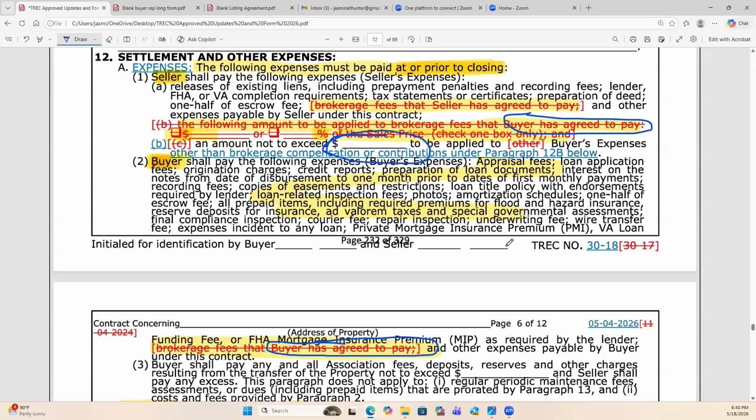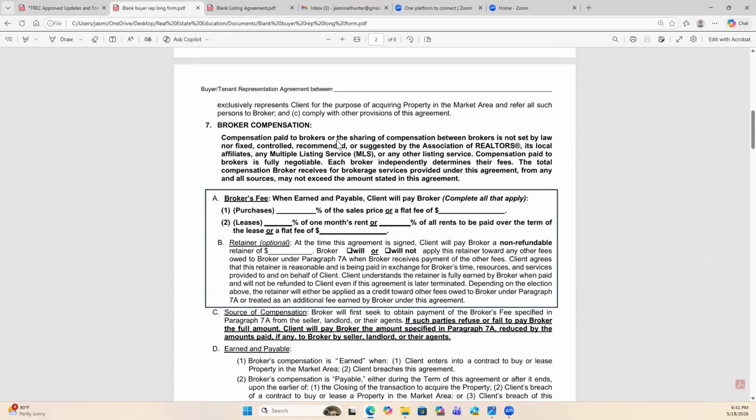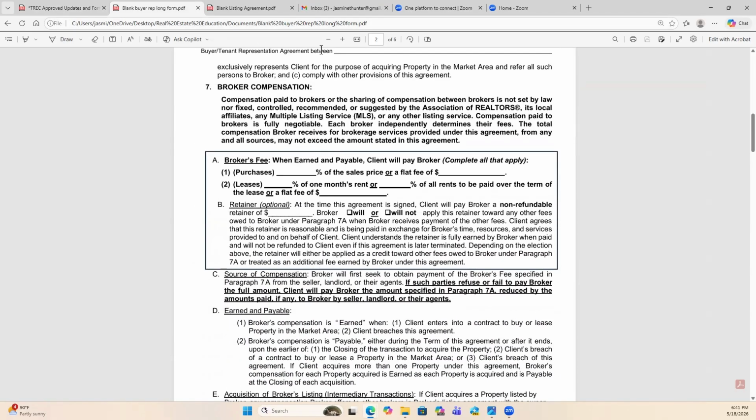Can a lender actually do these things? Sure, depending on whatever loan program they have. But that has nothing to do with us as agents. It does not need to be in our contract worded this way. That is a problem. Okay. So we've taken all this stuff out. Okay. So now the question is who pays what and why do they have to pay it? Okay. So let's go look at the buyer representation agreement and let's discuss what this is looking like.